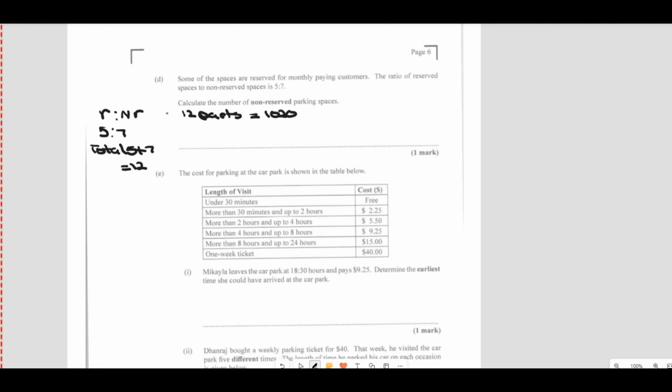So if 12 parts is equal to 1020, then one part would be 1020 divided by 12. And therefore, how many parts do we want to try for? Non-reserve, and non-reserve is 7 parts. Therefore, 7 parts